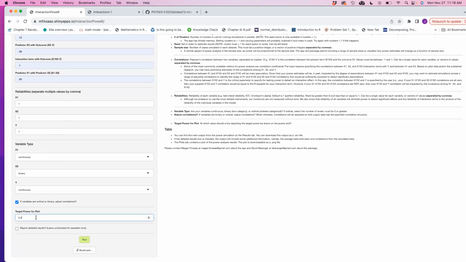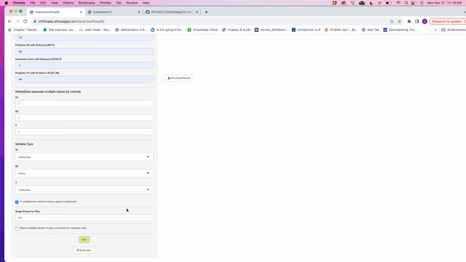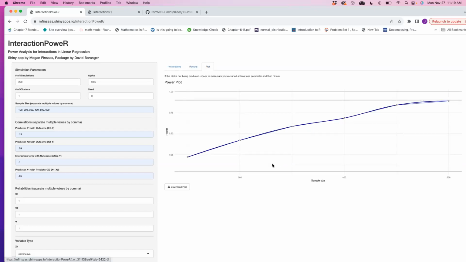We can change our target power here. So we can add our parameters here and then say we want to look at power of 90. I'm going to change the number of simulations to like 200, so it runs. And then we just run it. So it'll produce a power curve that indicates the number of samples that we need to get 90% power. So here what this says is that to get about 90% power, we need about 600 participants in our data set. And then it produces this nice little power curve graph that we could just download and input into